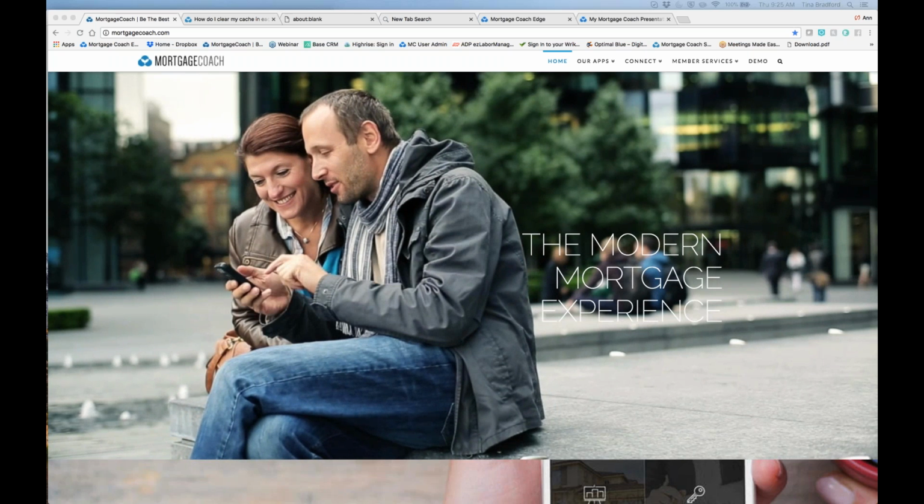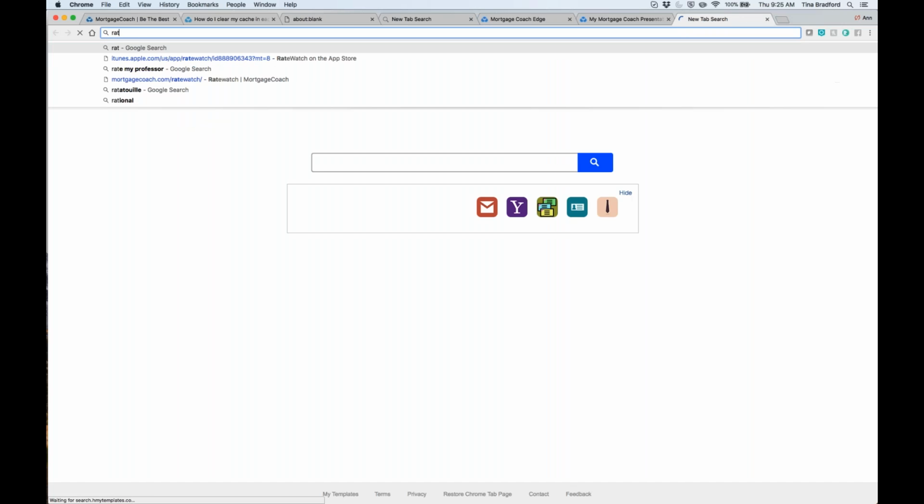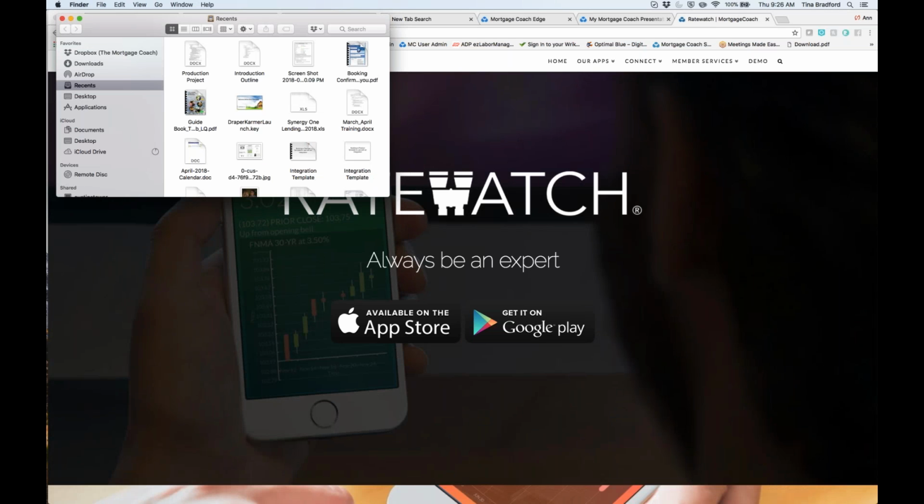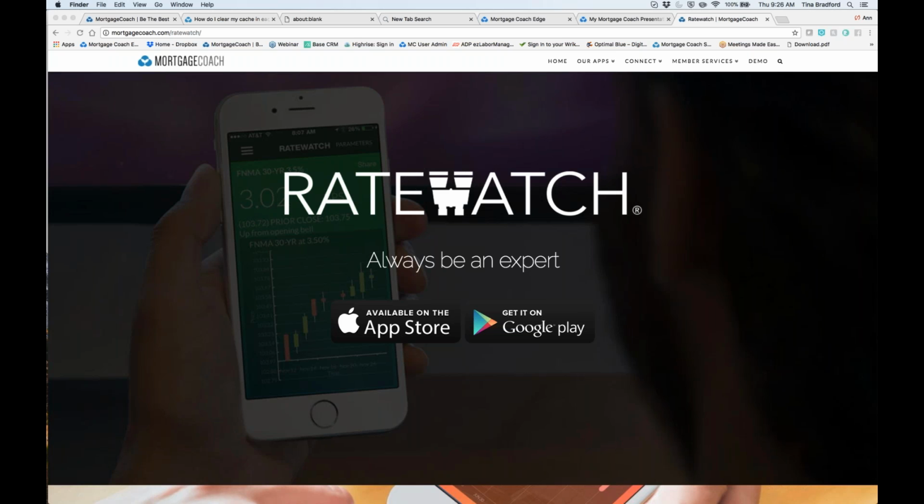Let's see, I think I have it on my PC or on my Apple. So let me look in my apps really quick to see if I do have it on here. I have a ton of apps, so if not, I will ask Jacob for some verification on it, but I thought there was.